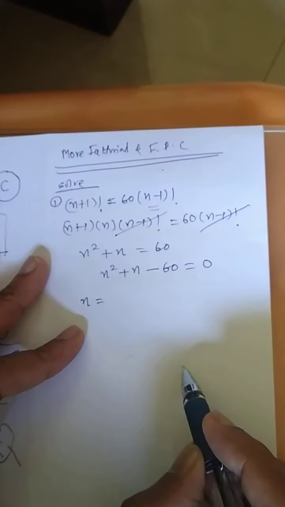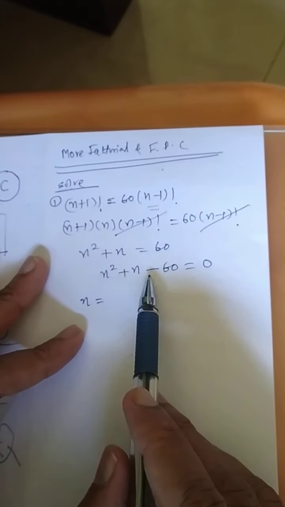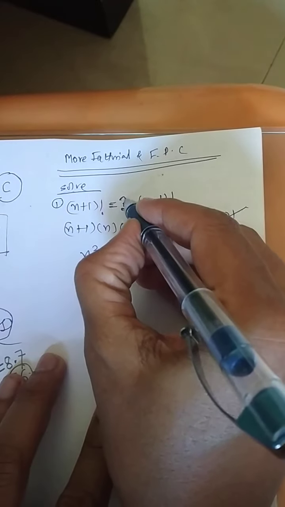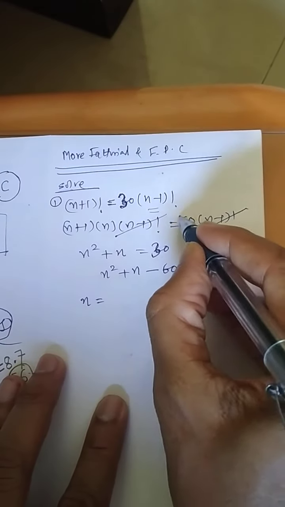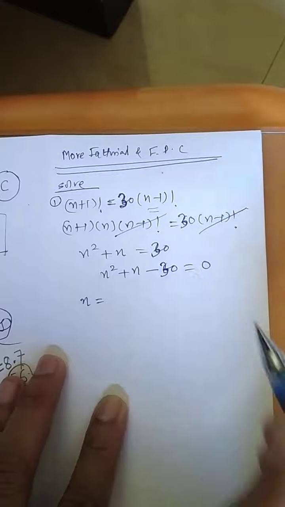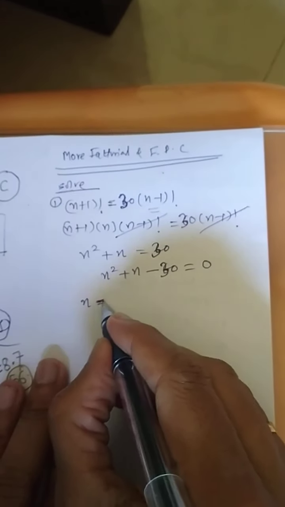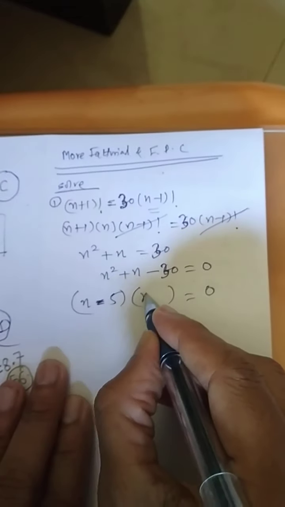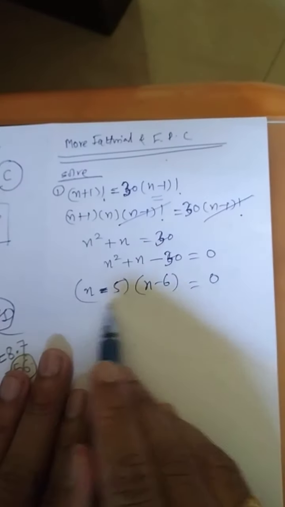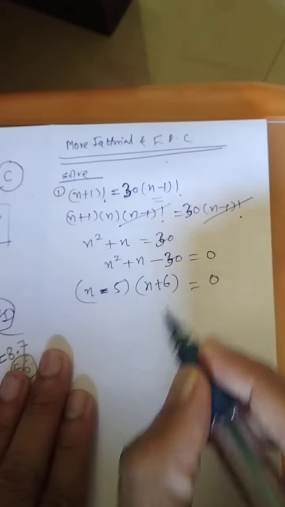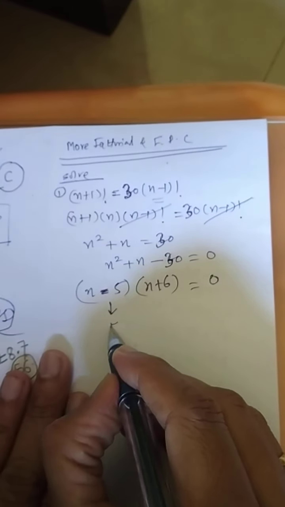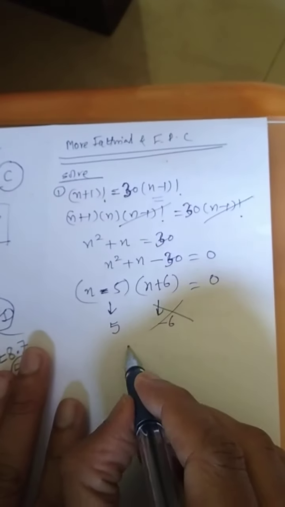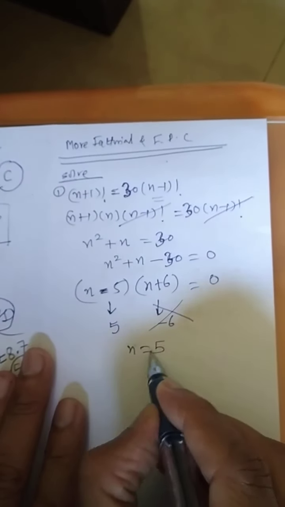So n will be equal to... how to get the factorial of this also, just wait. Here let us consider 30. There is one reason, next time I will be explaining. If you write here 30, now it can have factors. What are the two factors? n minus 5, n plus 6. Will both be minus? No, this will be plus. So if you simplify, the value of n comes 5 here, and 6 here, which is to be dropped out. So the value of n in this case is nothing but 5.